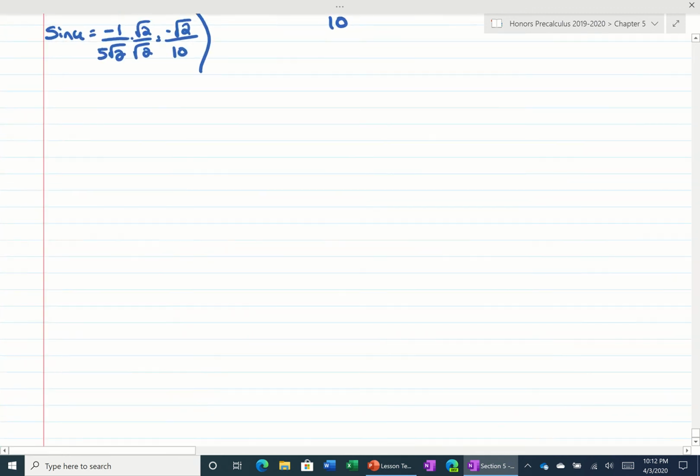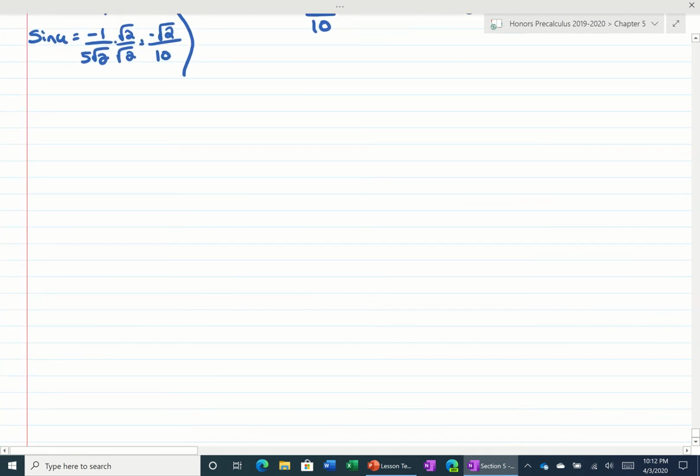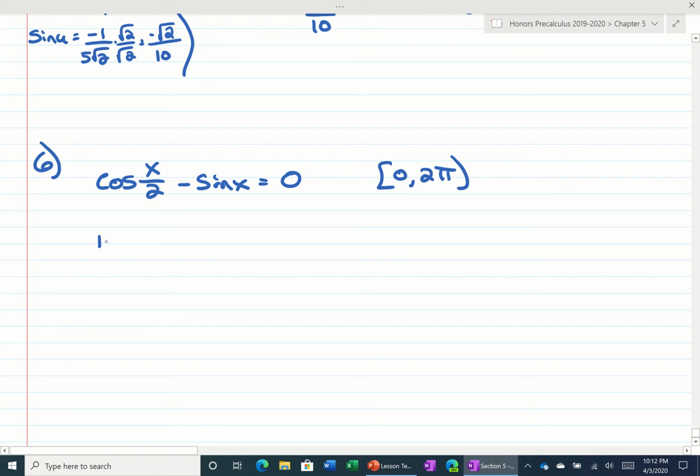All right, one more problem. Let's do number 6 on the Mr. Cilia worksheet. And it's the cosine of x over 2 minus the sine of x is equal to 100. We want to solve this on the interval from 0 to 2 pi. All right, so I know the formula for the cosine is plus or minus the square root of 1 plus the cosine of x over 2. If I bring the sine on the other side,